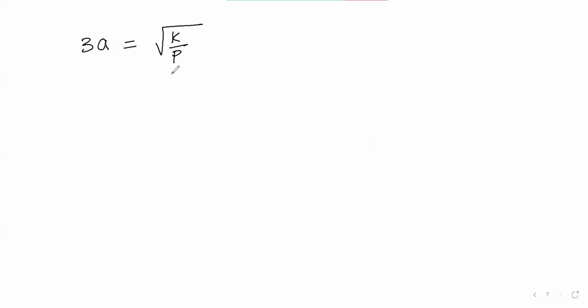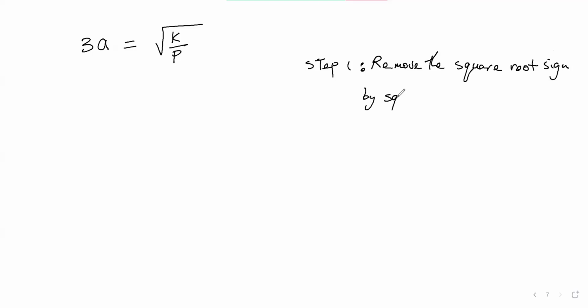So to remove the square root, step 1, by squaring both sides. So now it's 3